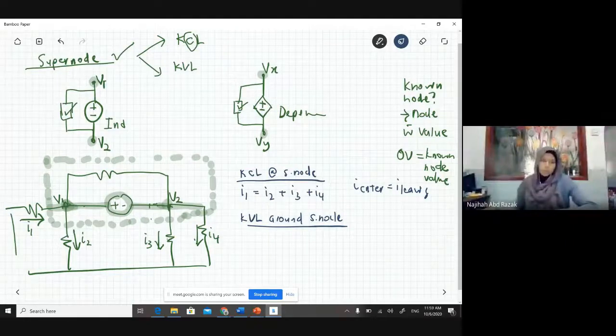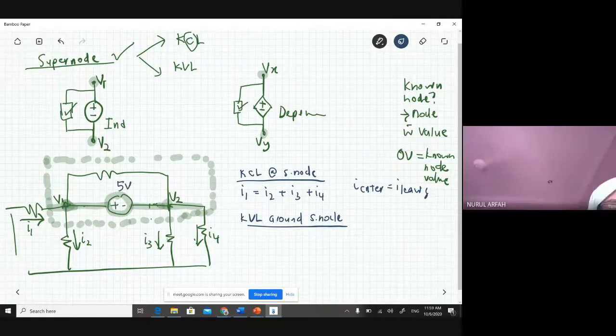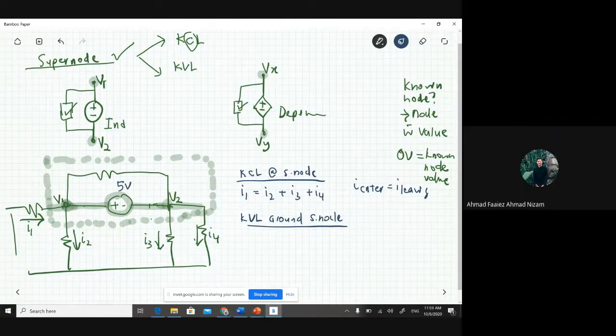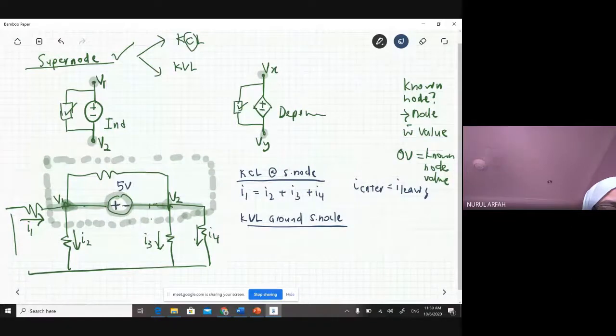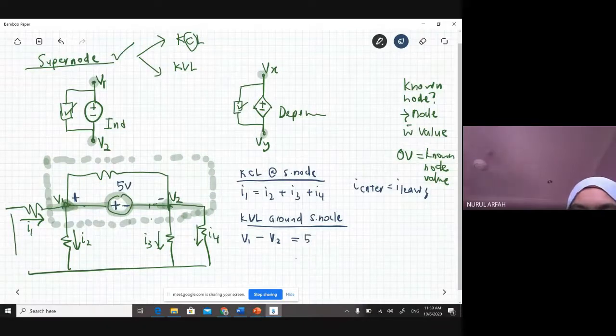V1 minus V2 is equal to just the 5 value. Okay, good. You look at the sign, the polarity, right? So this is the higher polarity and this is the lower polarity. So V1 minus V2 equals 5. Or another way to know this is